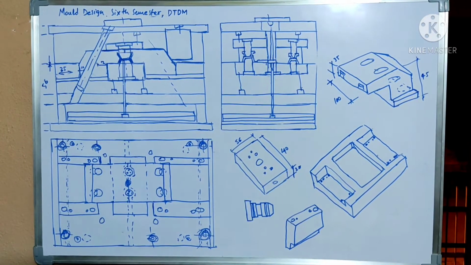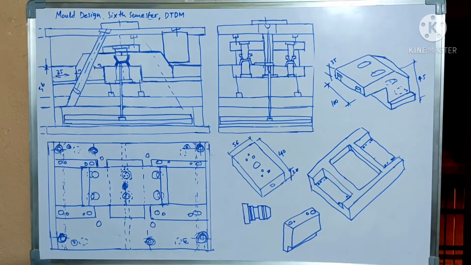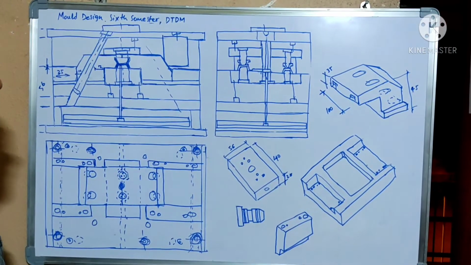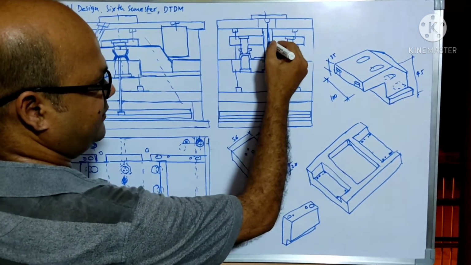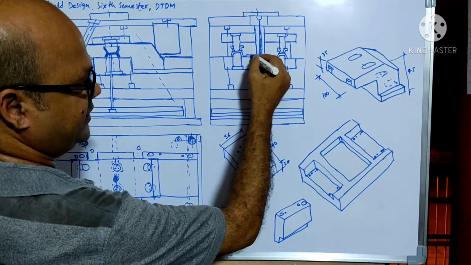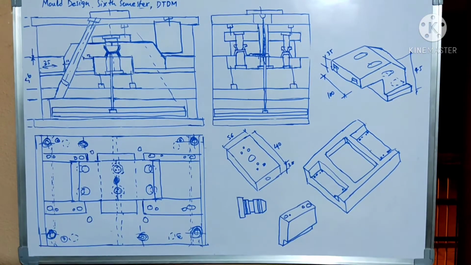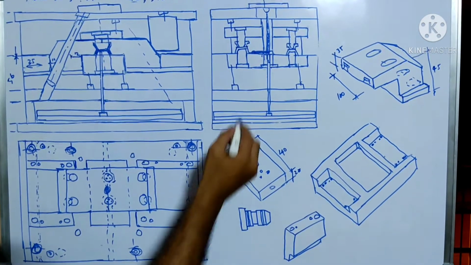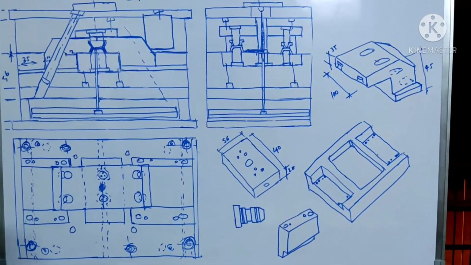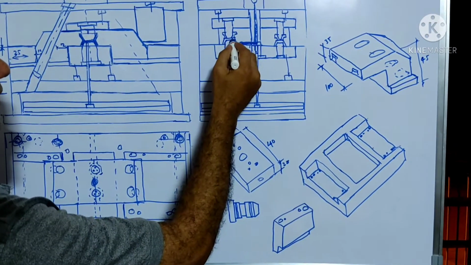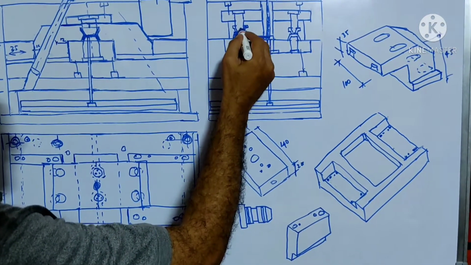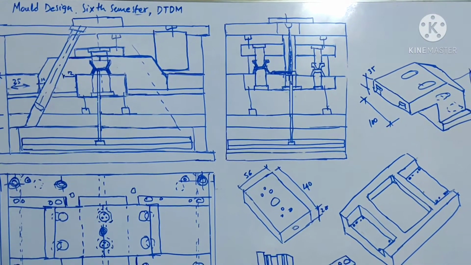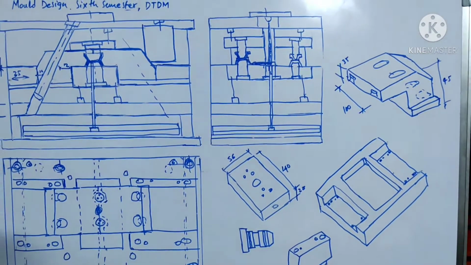When the molten material, CA, cellulose acetate, is fed into the feed system, it enters the sprue, then the runner, a modified trapezoidal runner, and with the help of the rectangular edge gate, the molten material enters the precise cavity. With the help of the two cores, we get the internal diameter of the required component.